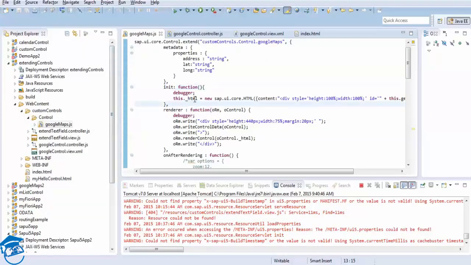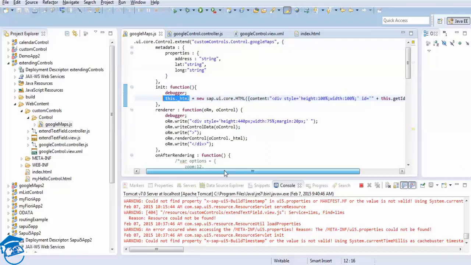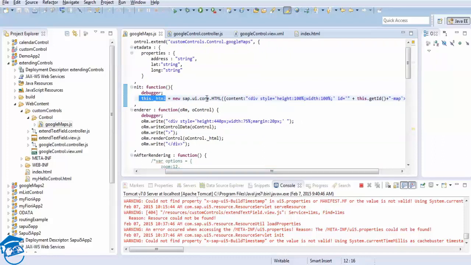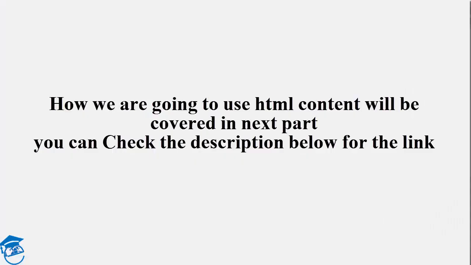So in the init function I have taken a global variable, this._html, where underscore is nothing but a private, that is global to this particular file. So I will call this a private variable now. So this._html is a private variable. To this private variable, what I have taken is a new sap.ui.core.HTML, because I'm going to use HTML content. So how I'm going to use HTML content, how I'm going to use it is,